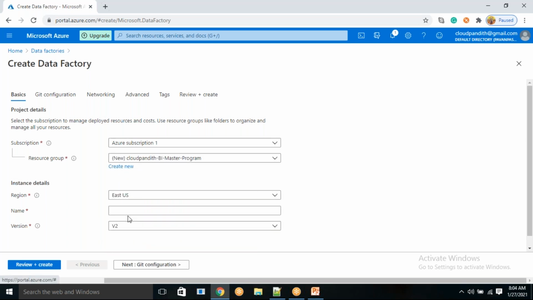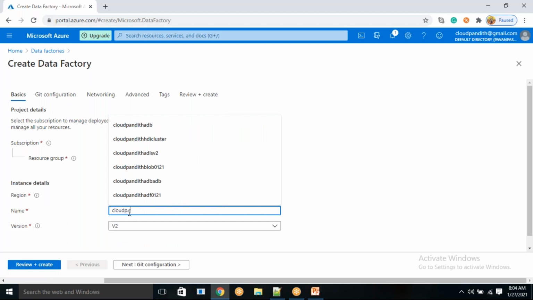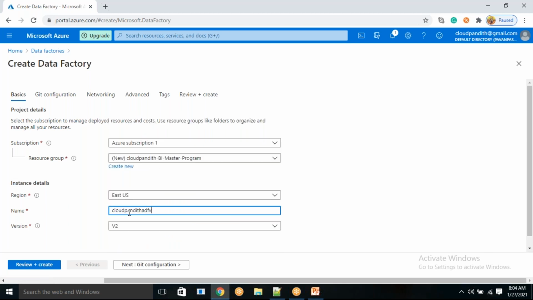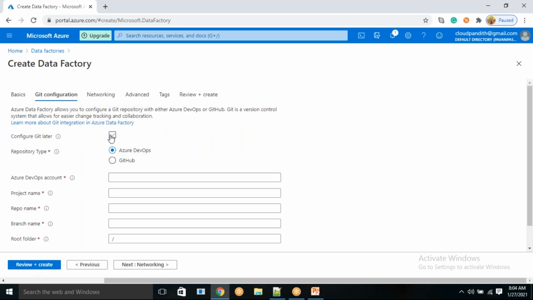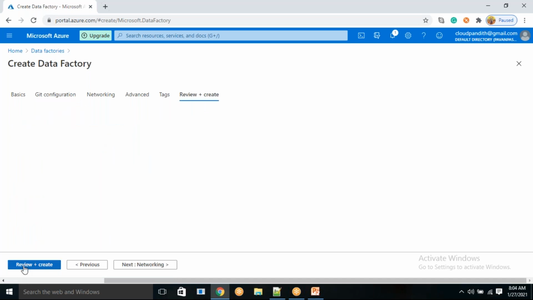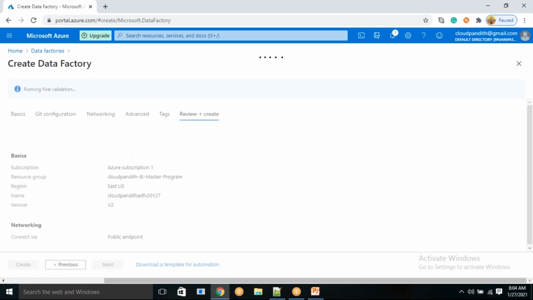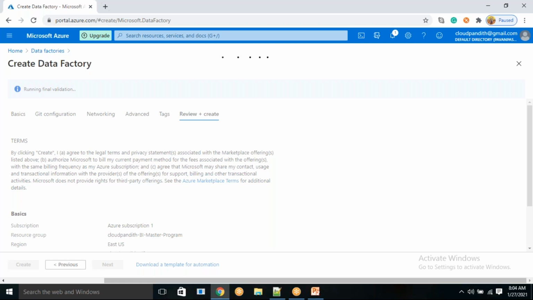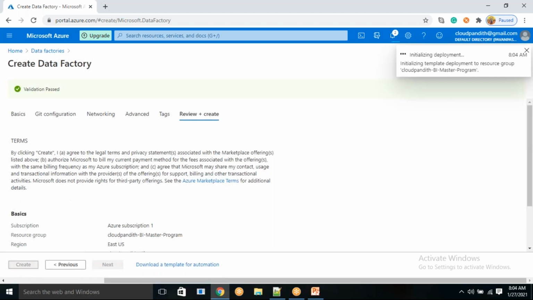Region we know, East to West. I'm just giving my data factory name. I'll say ADF V2 0127. Okay, V2. We are using version 2 data factory, right? Just click Git configuration. I'll configure it later. Click review plus create. Click create. Okay, that's fine. Now it is going to deploy.